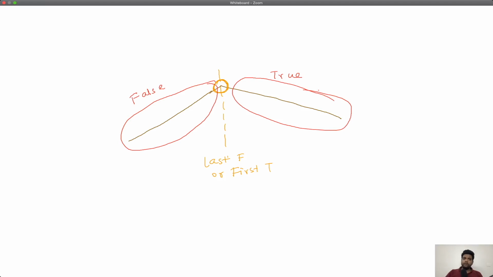So assuming you keep the same ordering of the search space, can you define some function or some predicate which is false for the increasing half of the array and true for the decreasing half of the array? What is the property that separates the first half from the second half? The first half is increasing, right? And the second half is decreasing.